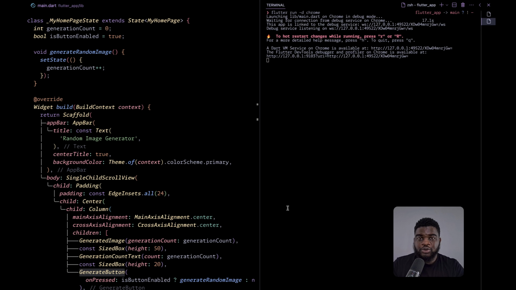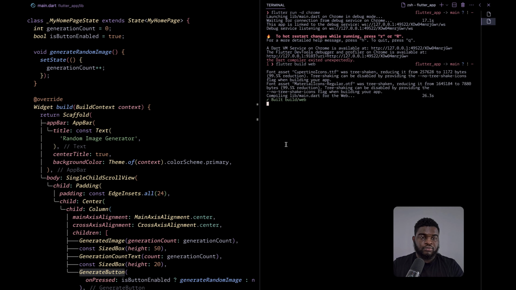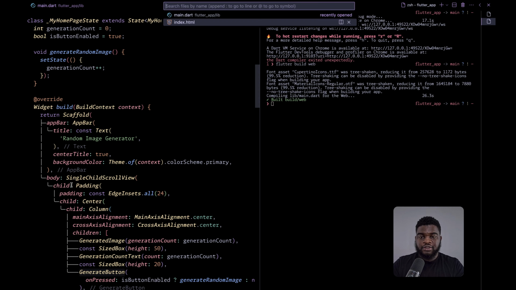Now, the first thing we need to do to embed this app is to build the Flutter app for web. So I'm going to close this running app here and run flutter build web. Now that the build is done, we can head on to the HTML file.